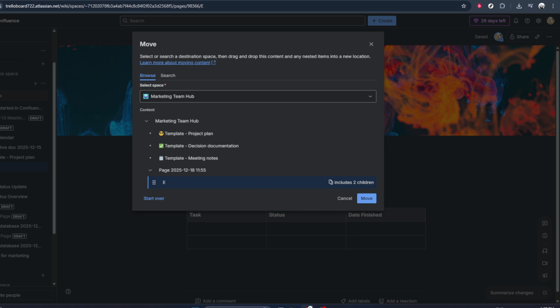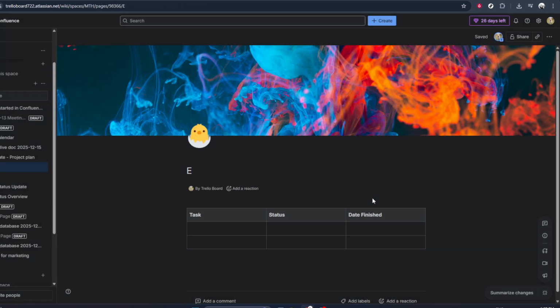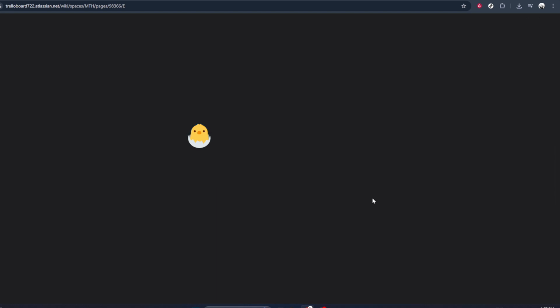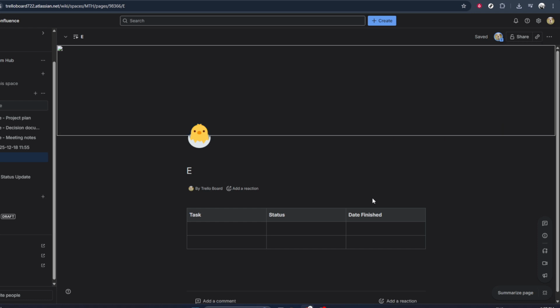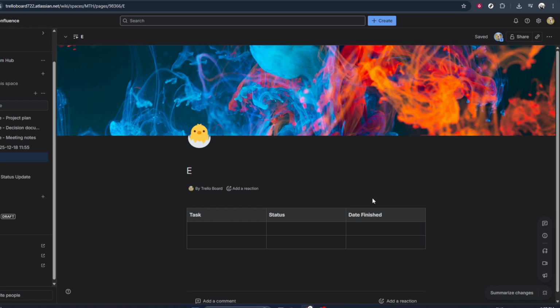Now you'll see a set of options where you can select the destination space for this page. There may also be fields for choosing a parent page or a specific location within that space, but the key part here is the space selector. Click the space drop down and browse through the list of available spaces in your workspace. Take your time to select the correct space, especially if you have similarly named ones, like multiple project or team spaces. Once you've selected the new space and you're happy with the destination, look for